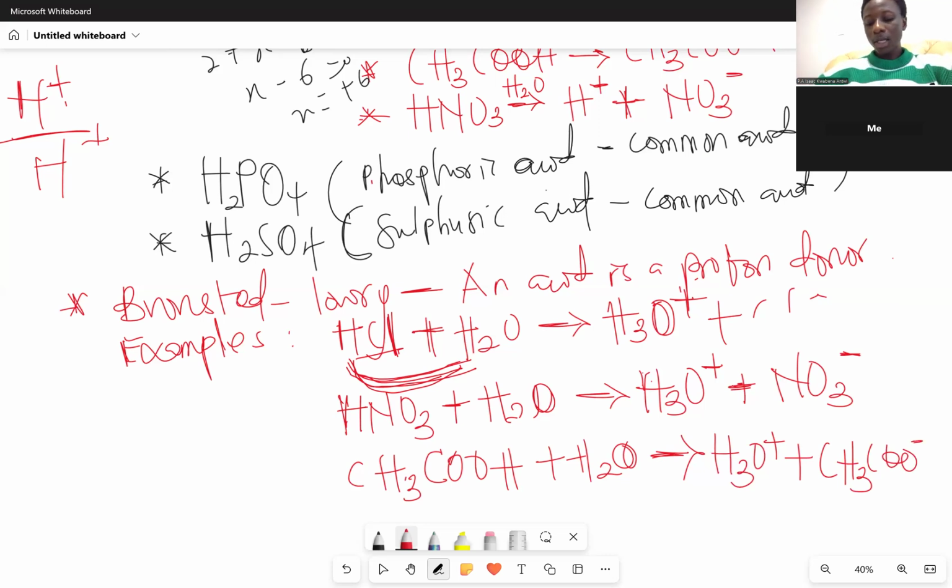Remember to include the sign, the symbol. Okay, let me know when you are done. And I gave you other acids as surplus. You can go and try that one. In fact, there are a lot of acids. For the purpose of this lecture, you get to know new or different examples of acids. But you can try with phosphoric and H2SO4. So the common acids mostly we give you are nitric acid, HCl, H2SO4, CH3COOH. Yeah, it's very common.